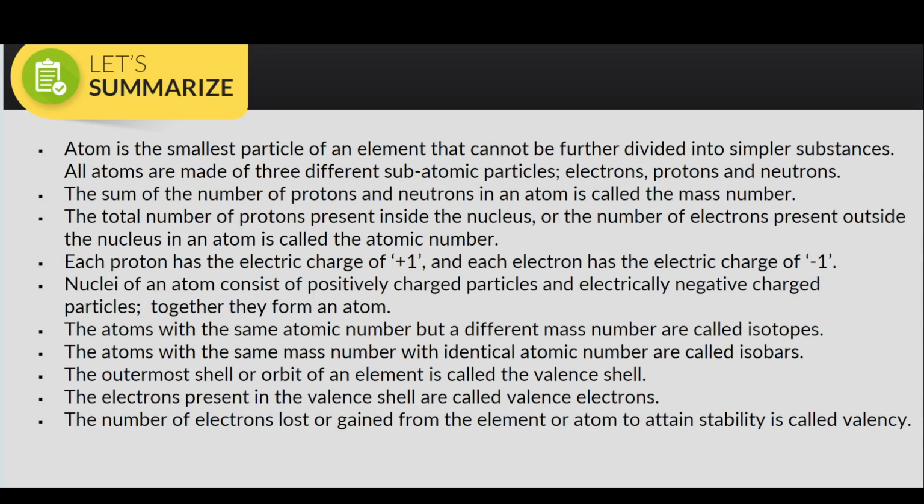So let's quickly summarize. An atom is the smallest particle. It has electrons, protons, and neutrons as subatomic particles. Electron is a negatively charged particle, proton positive, neutron has no charge. The number of electrons and protons are equal, which makes our atom overall neutral. And mass number is the number of protons and neutrons. Atomic number is just the number of protons. These are the important things which you need to remember. The outermost shell is called the valence shell, and